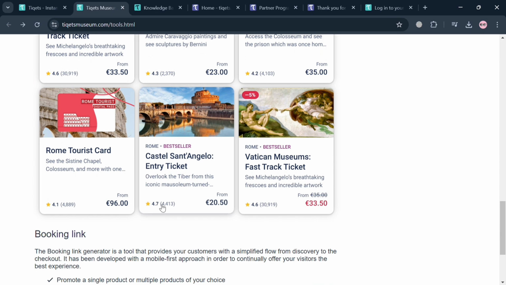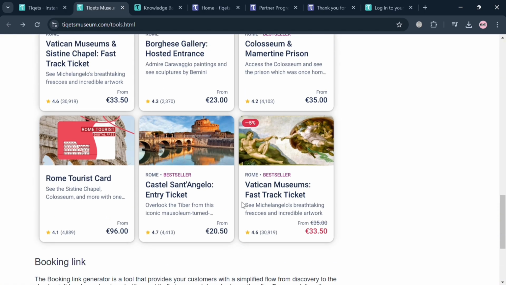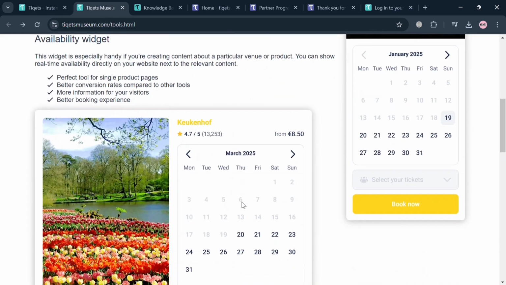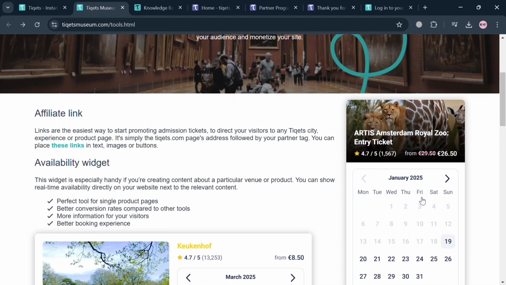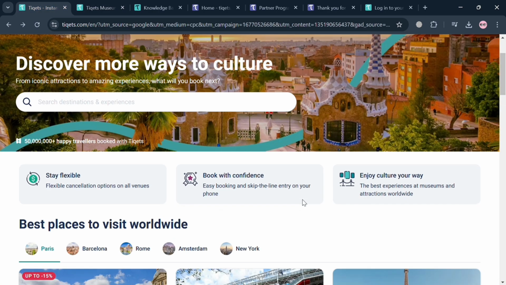Well, the other tool that we can use is this booking link, which serves a crucial purpose by enabling affiliates to connect their audience directly to Tiqets while tracking sales and commissions effectively. When affiliates generate a booking link through the Tiqets affiliate portal, it includes a unique tracker code that identifies the affiliate responsible for the referral. So basically, those Tiqets affiliate tools are designed to empower affiliates in promoting cultural experiences effectively and maximizing